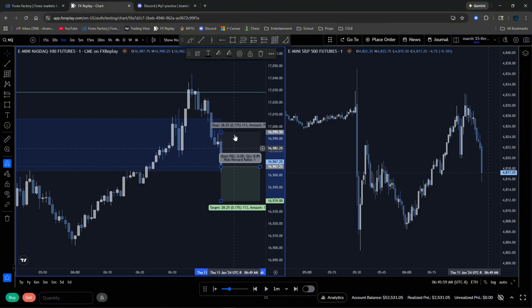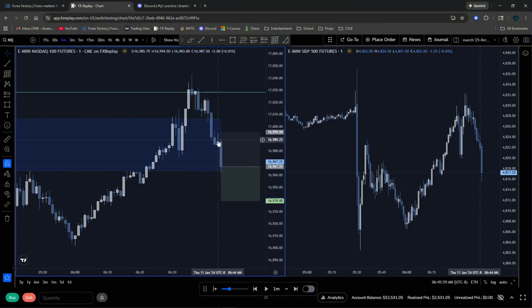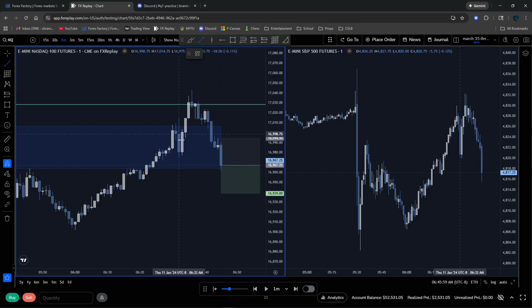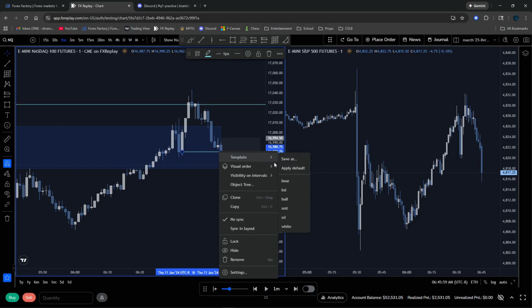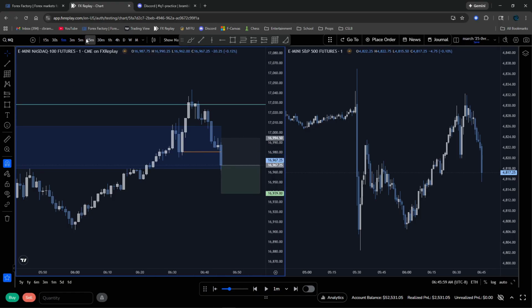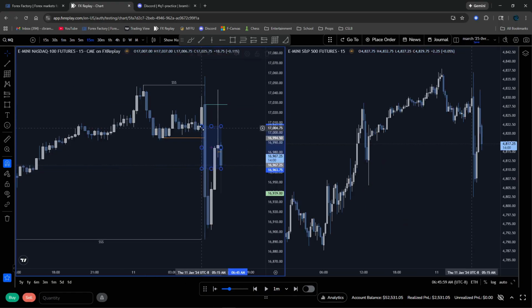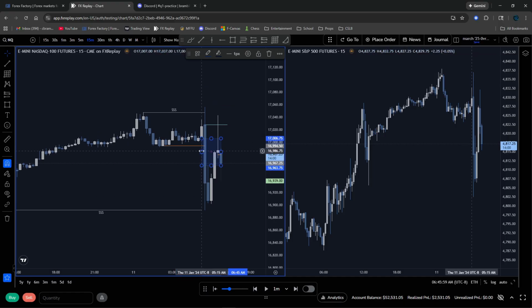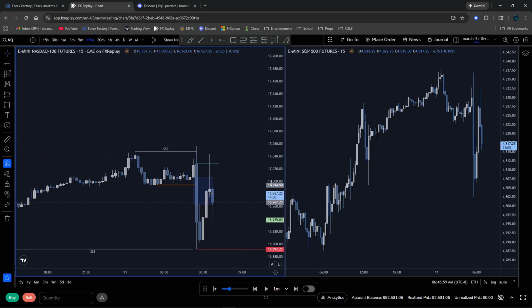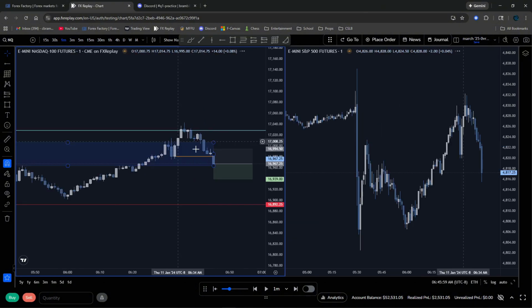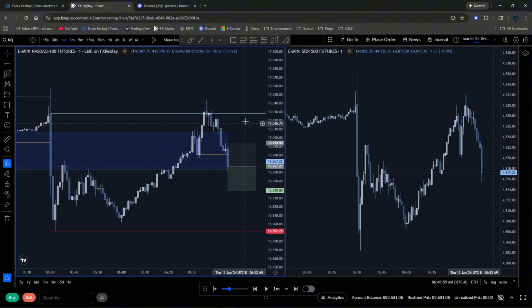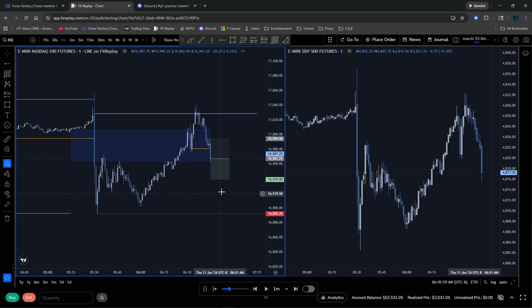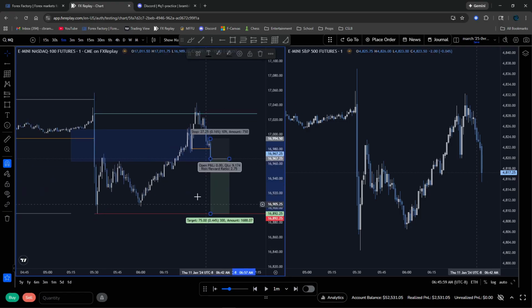I like this a lot. Displacement plus an order block here. Key factors: displacement past here, and this is playing off the fact that we have our bearish efficiency on the 15-minute. So if you're aligning time frames, 15-minute fair value gap, 1-minute change in state with displacement, I'd say this is a pretty solid entry for short.